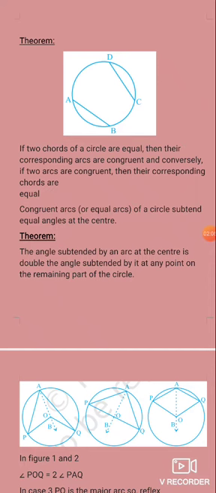That is, listen carefully, the arc PQ subtends the angle at the center, which one? Angle POQ. The next, at any point on the remaining portion of the circle, that point A is there. So another angle is made by that arc, which one? Angle PAQ. So listen carefully. Here angle POQ is equal to twice of angle PAQ. That is the theorem.